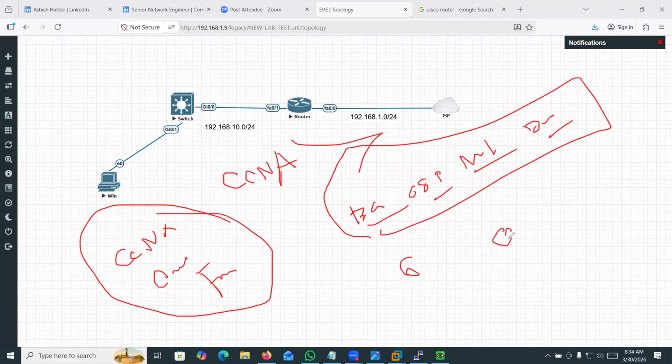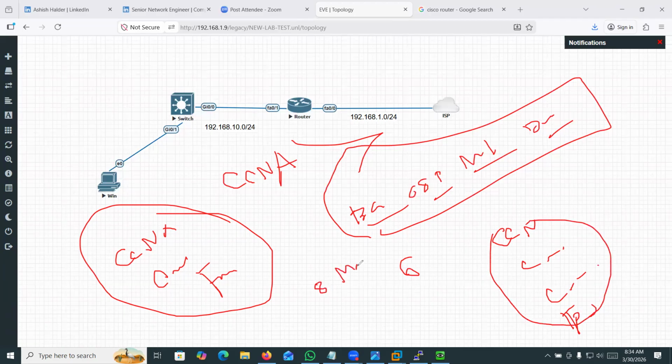Suppose you want to do CCNA, CCNP Encore, CCNP ENARSI, and Palo Alto Firewall, it requires maybe 8 months. But after 8 months, you will be perfect for applying for a senior network engineer job because you can work at a core level. So my suggestion is to do the combined package course. You'll be more benefited.